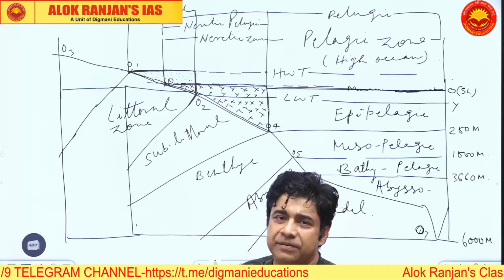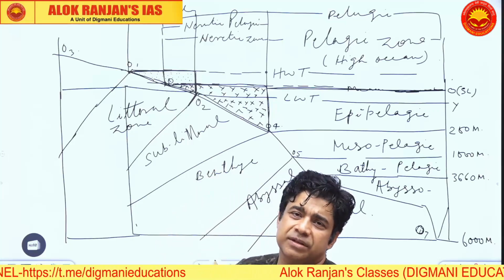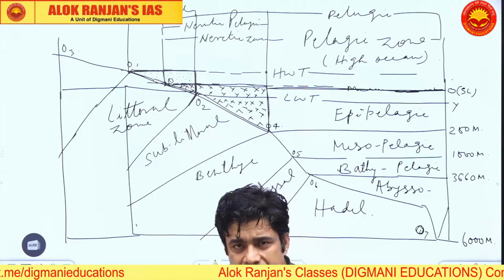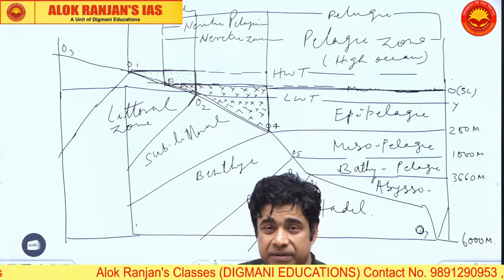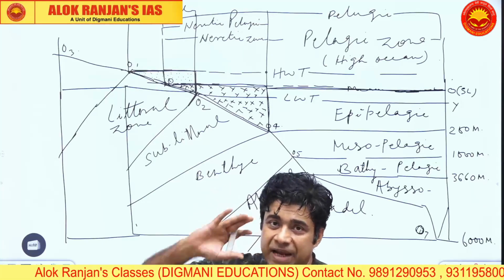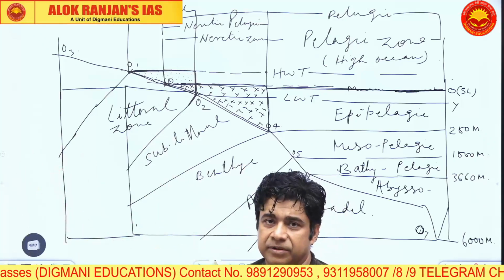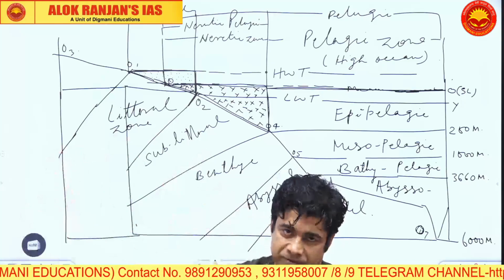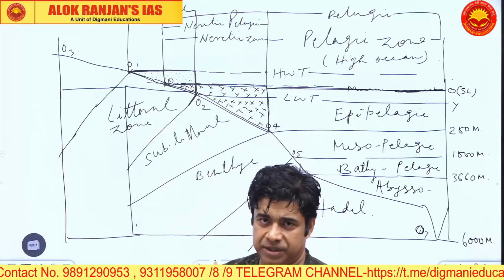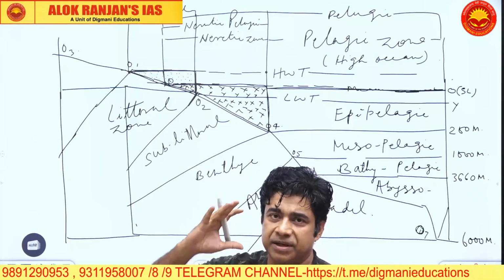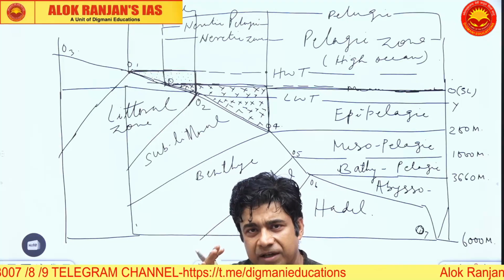Now pelagic ocean can be further divided with depth. So in marine ecobiozone you have first the epipelagic zone. The epipelagic zone, as you can understand, is part of the photic zone, but despite being part of the photic zone, it doesn't have the privilege of getting the nutrients from the land, because that privilege is with neritic zone. So it will have low biodiversity because nutrients are absent, despite the fact that it has enough solar energy, but nutrients are absent.